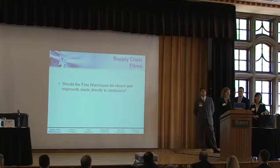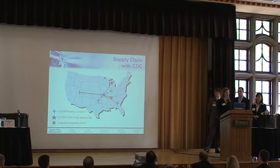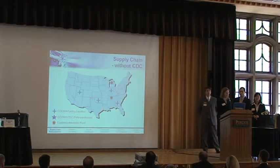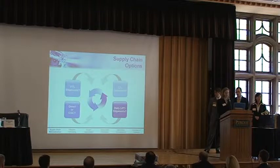directly to the customers. In looking at this, the current status of the Cogma supply chain involves shipping from the factory locations to the Fed warehouse and then shipping from there to the customer assembly plants. One alternative is to get rid of the Fed warehouse and ship directly from the factory locations to the customer assembly plants. For each of these legs, they have three options, including full trailer load, less than trailer load, or